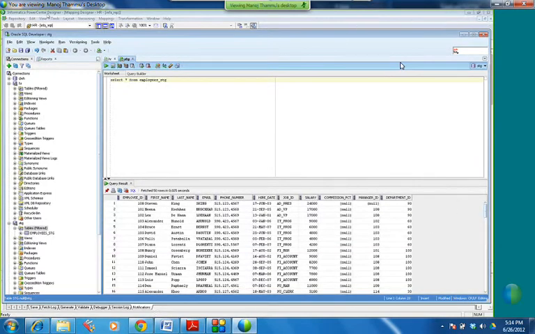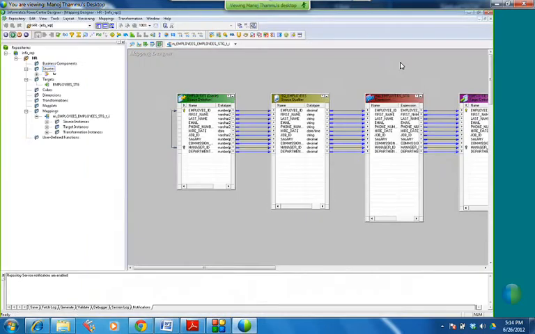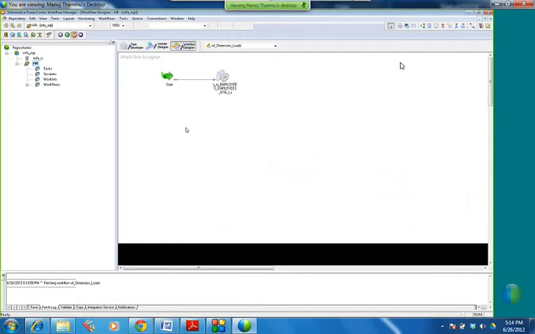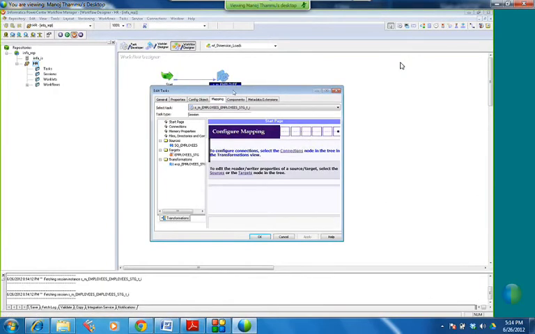Yesterday we were performing only inserts, as I told you. We are not even creating a reusable task; we are creating the task of a session directly in the workflow itself.